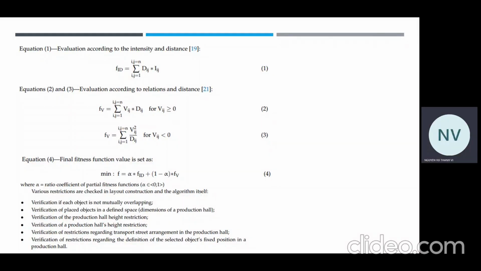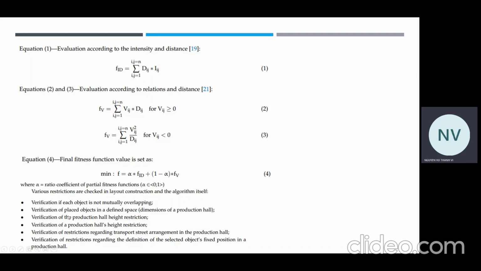Okay, now we move to our final fitness function value. We have to minimize our objective function f, where alpha equals the ratio coefficients of the part towards the fitness function. And we also have the various restrictions in the layout construction in the algorithm itself, as well as our